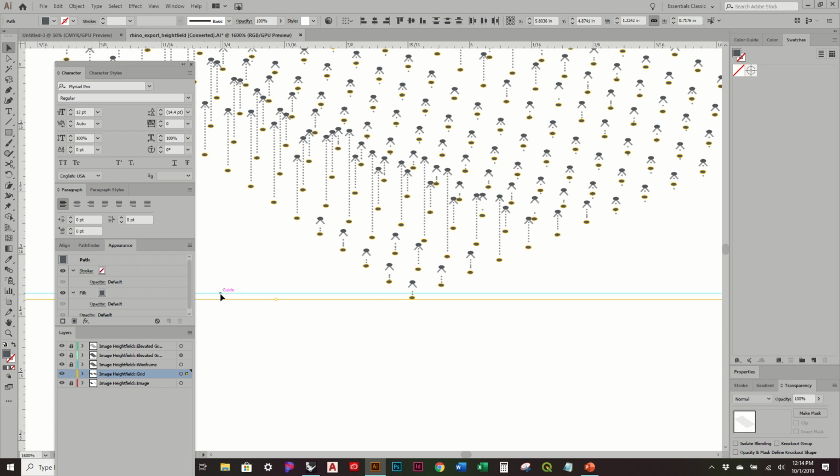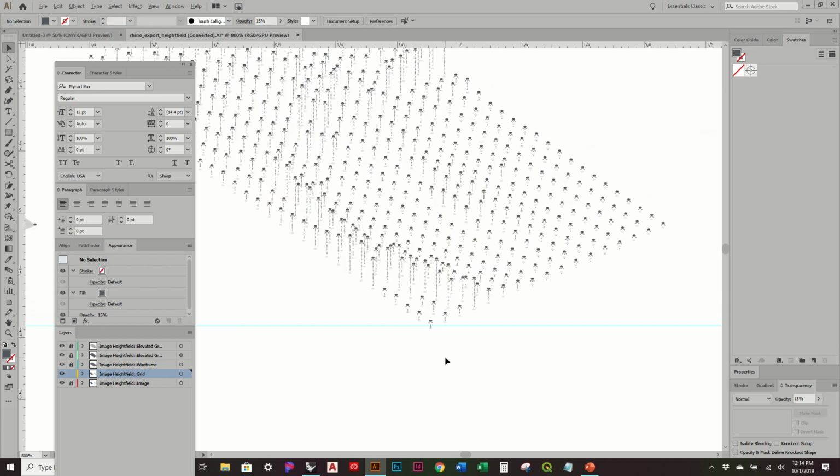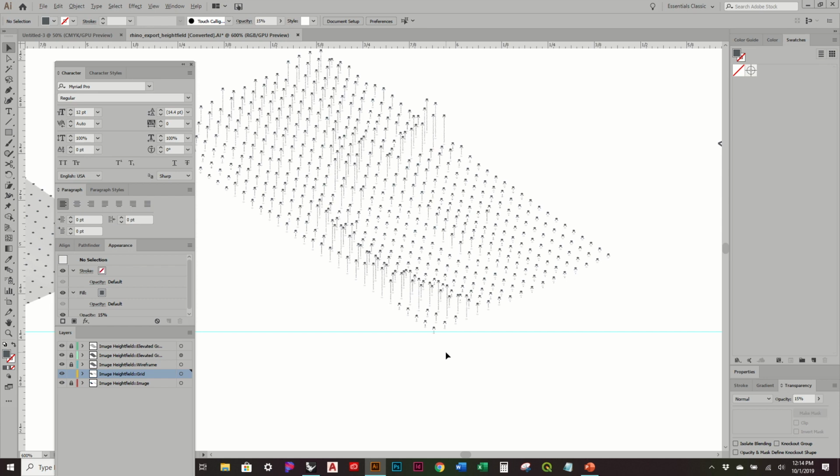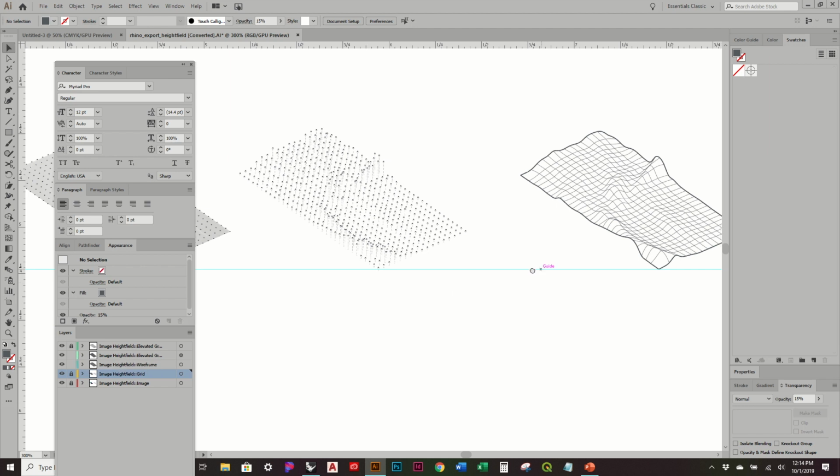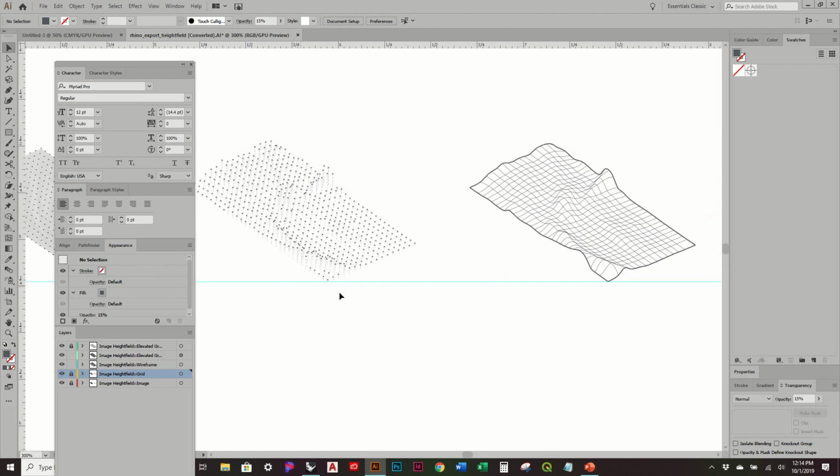And again, I want to make it so that they aren't competing with everything else. So I'm just going to, again, drop the opacity to something like 15%. So I have that as a reference. And again, I'm just going to do the same thing of copying. I don't need to copy all of it. I just want to copy